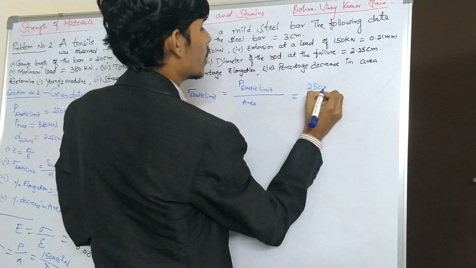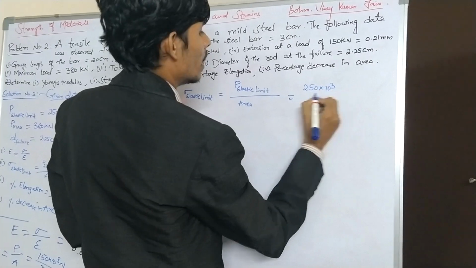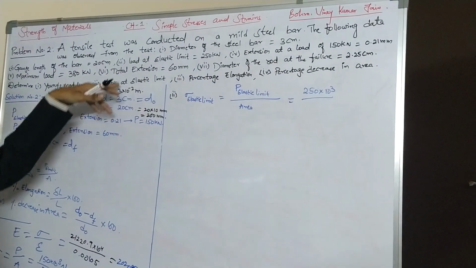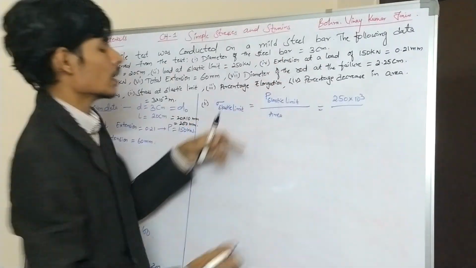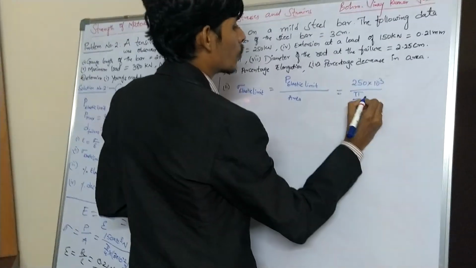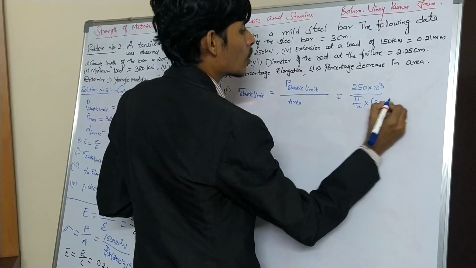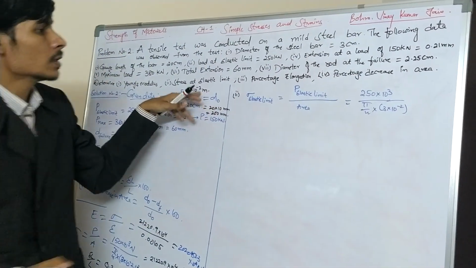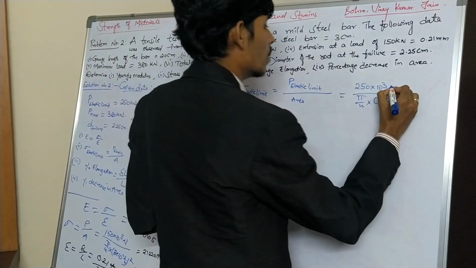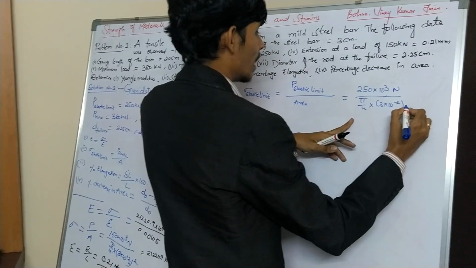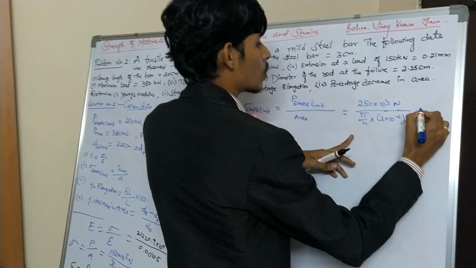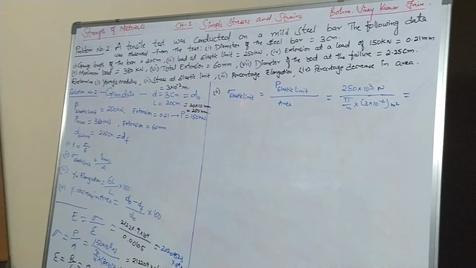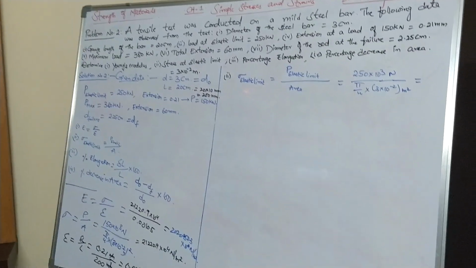So 250 into 10 to the power of 3 divided by area. Area is how much? So area you can calculate, given is diameter of steel bar is 3. So pi by 4 into 3 into 10 to the power of minus 2, because we have converted in terms of meters. Here load is also in terms of Newton, so here area in terms of meter square. So if you do simplification, so the answer will be, on simplification in calc, if you